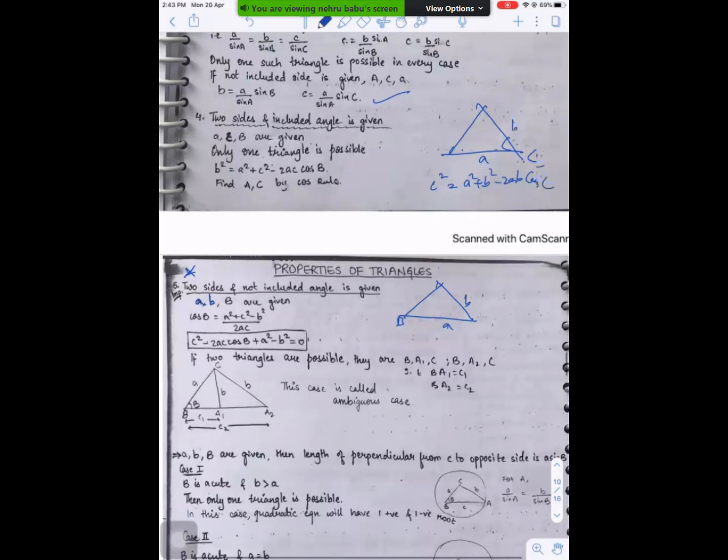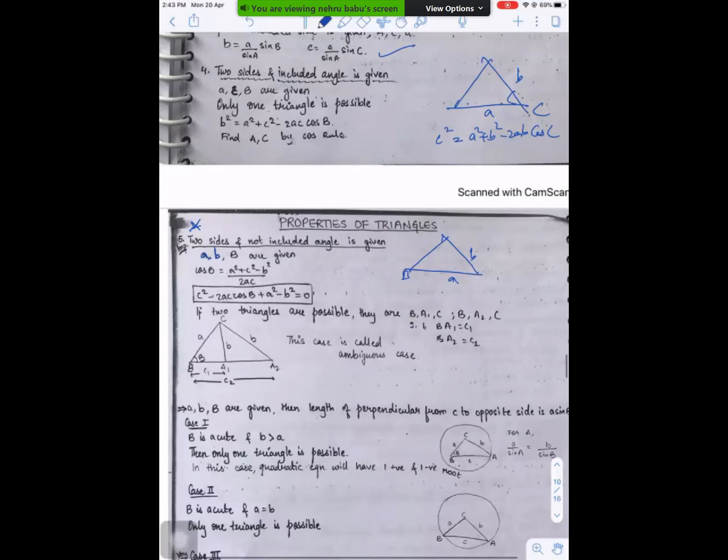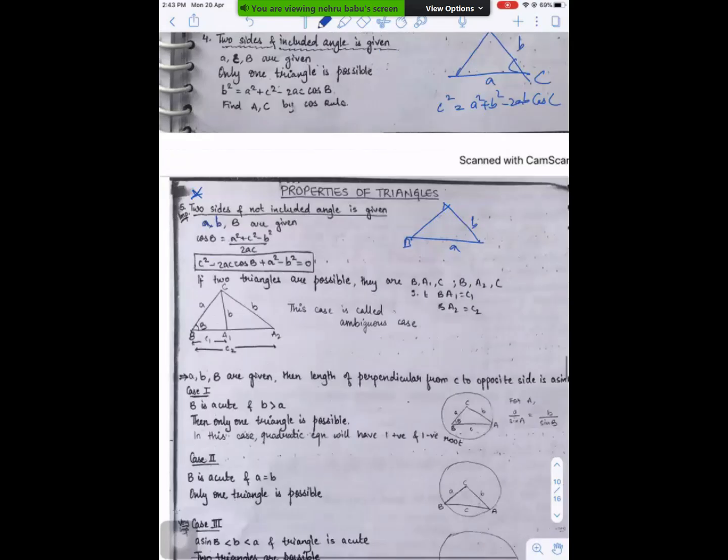When they give two sides and a non-included angle, meaning instead of angle C they are giving angle B, in that case even the ambiguous case is maybe possible. So here remember only one formula, numerical-wise, because diagram-wise we are doing many things. But how many triangles are possible? Simply go for the cos B formula: cos B equals c square plus a square minus b square by 2ac. Here the unknown is c. In this unknown you will get a quadratic equation.